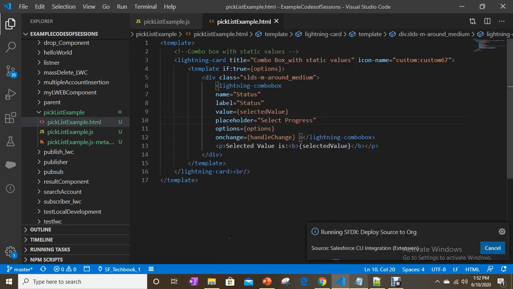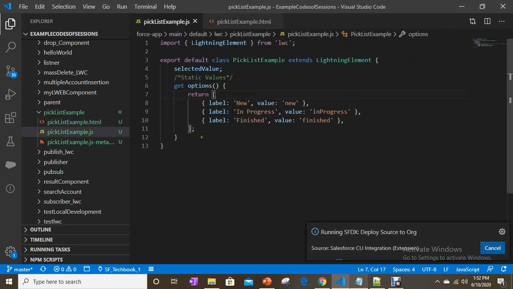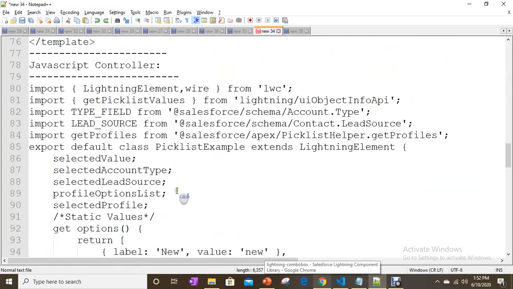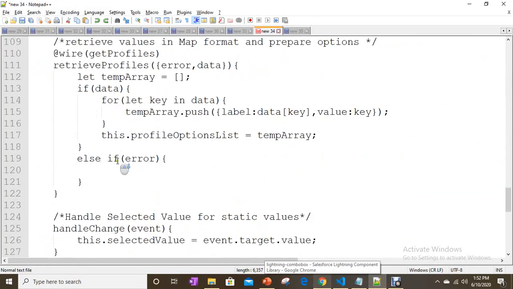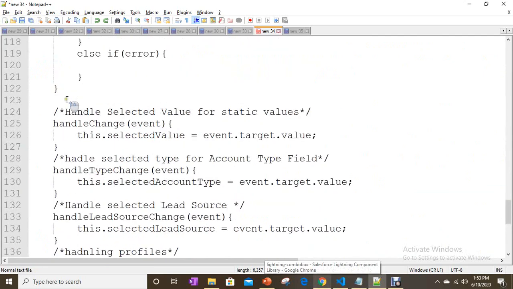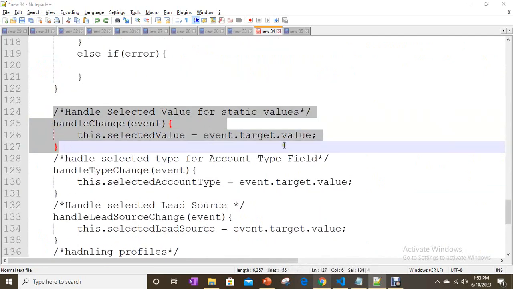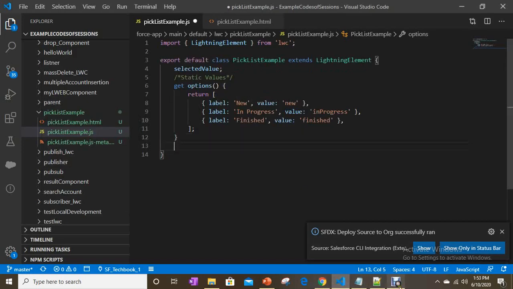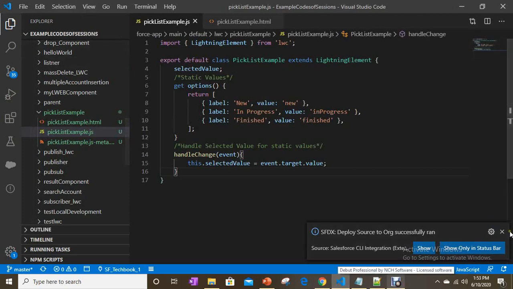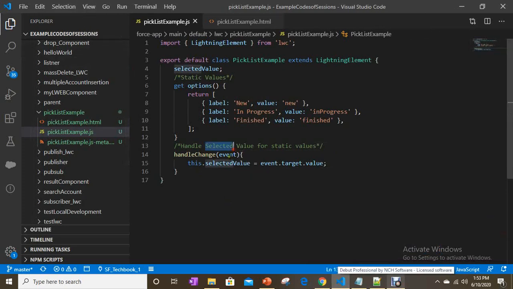I didn't define this handle change method, right? Let's define this also. You know the syntax. Here you are passing event and you are just passing event dot target dot value.